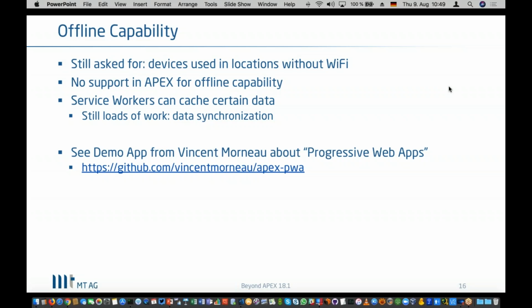Of course, be aware of the fact that this is not trivial. This is something that takes you a lot of time. Apex is known as a rapid application development platform, a low-code approach, so you can get things done very easily and without any programming. But if you go in this direction with service workers, you're definitely in a full code situation, working heavily with JavaScript as well.